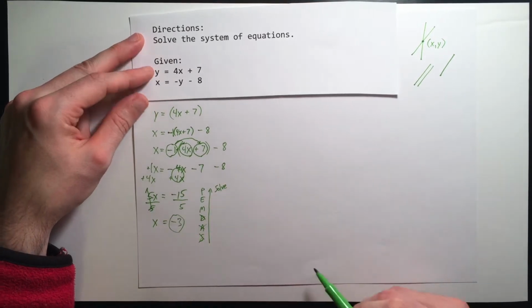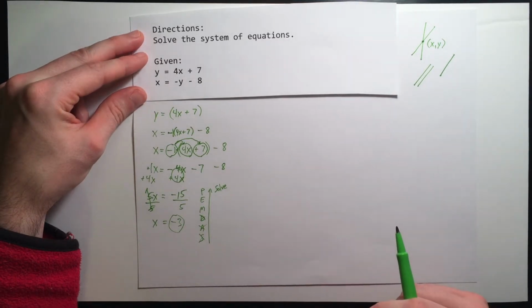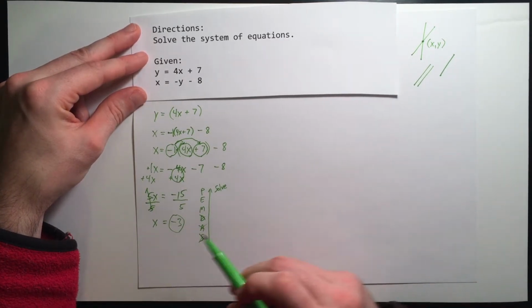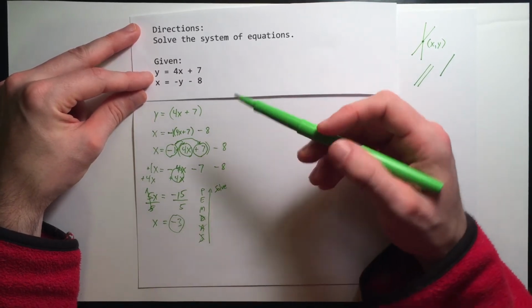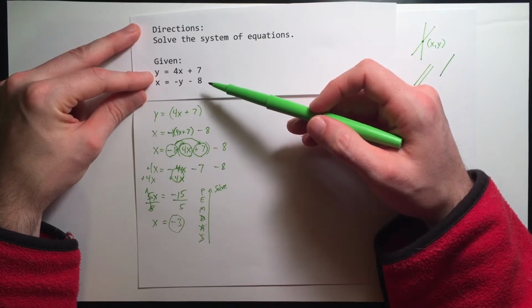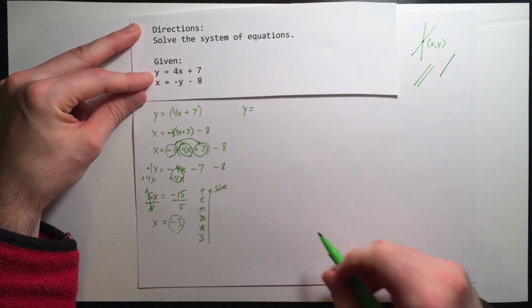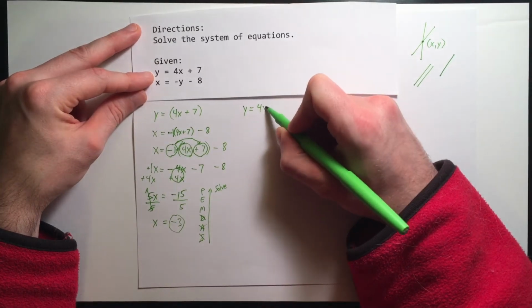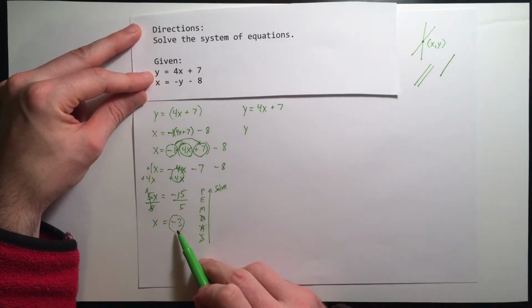We're not done yet though, because remember, to solve a system of equations means we have to find a value for x and a value for y. So to do that, we can just take the answer that we have here, and what's really nice is that this first equation, y equals 4x plus 7, was already written so that y was by itself on one side. So now our job, instead of an x, is just to take our solution for x